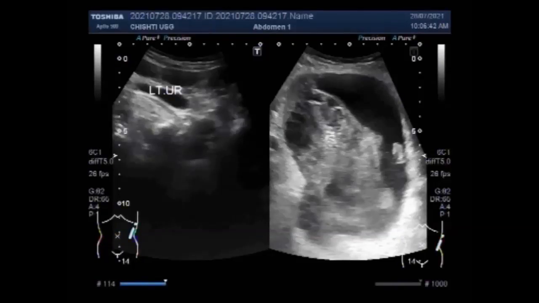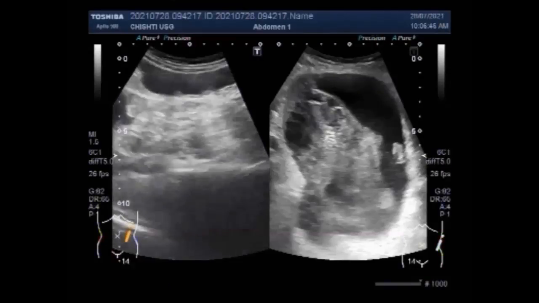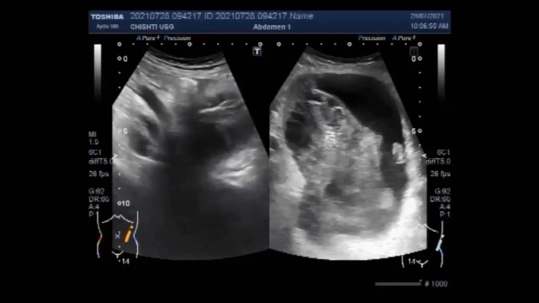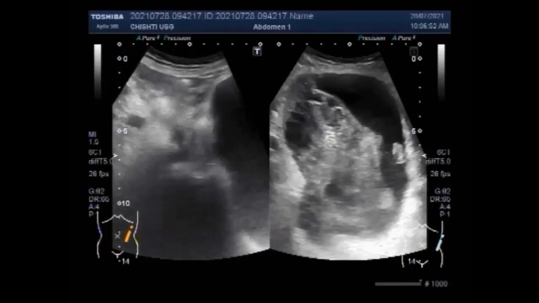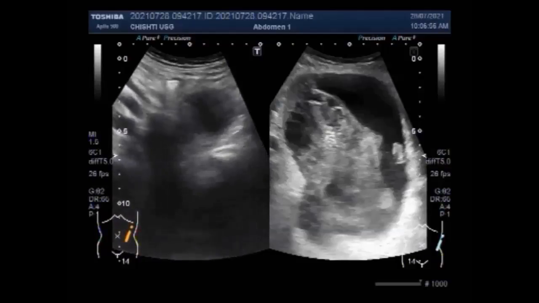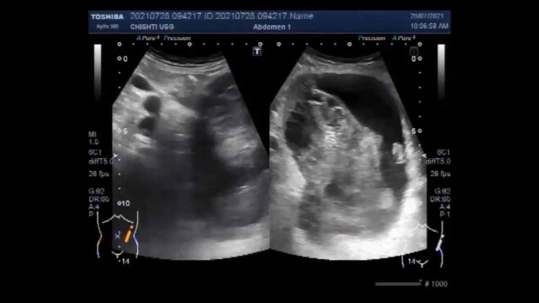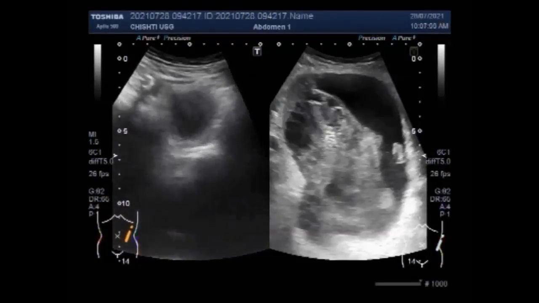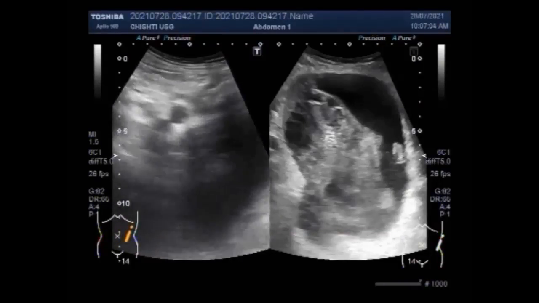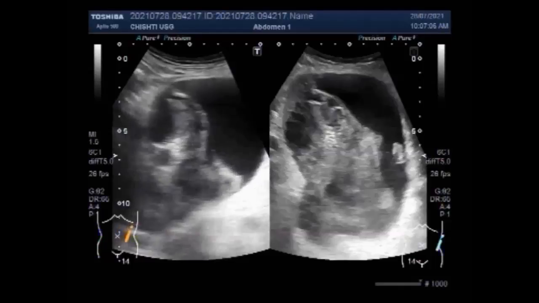The large vesicle mass is involving the ureterovesical junction. You can see the tracing of the left ureter and no stone is seen in the ureter or the kidney, and a large mass is seen along the left lateral wall of the urine-filled urinary bladder.